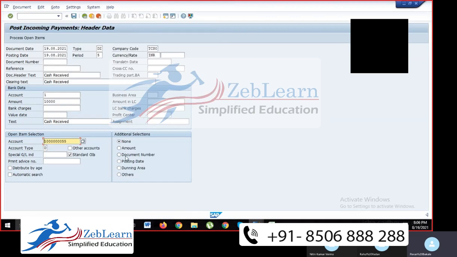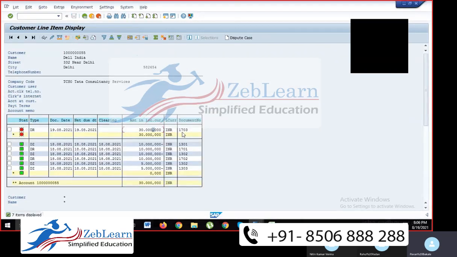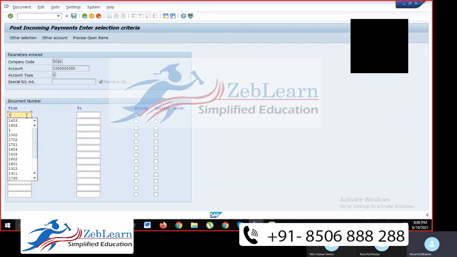I'll take the first one and select document number. The document number is 1703. I'll put 1703 here, then click on process open items.